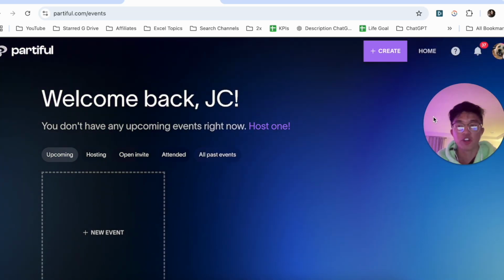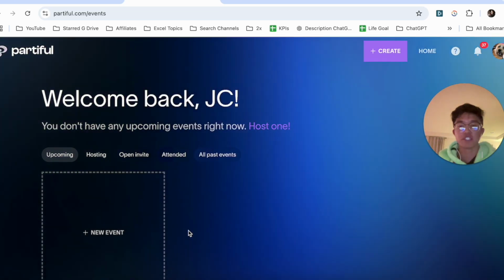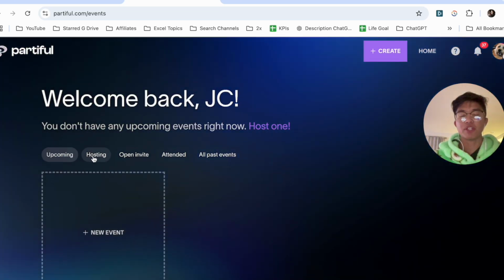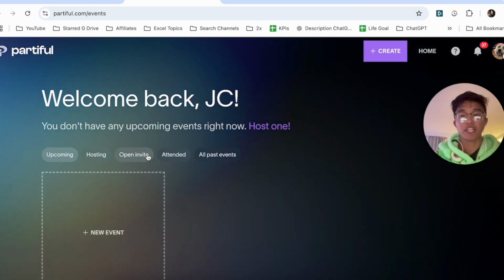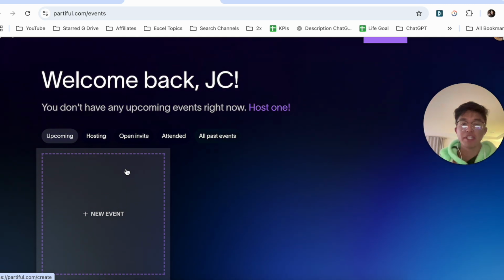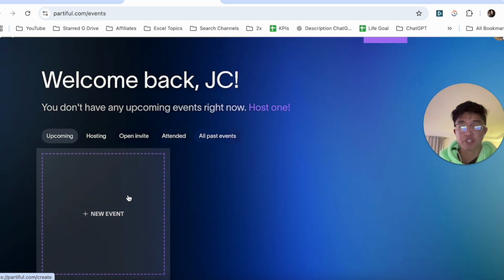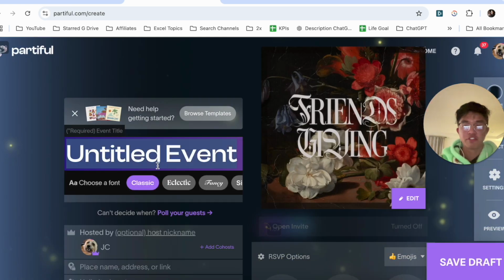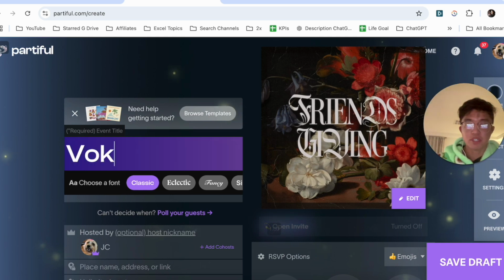So here we are on the homepage of Partiful once you are logged in, and you can see your upcoming parties, your hosted events, open invite events, attended events, and all past events. So I mainly use Partiful to actually plan sporting events. So if I click on new event here, and then for here, I could type in, let's say, volleyball Monday,